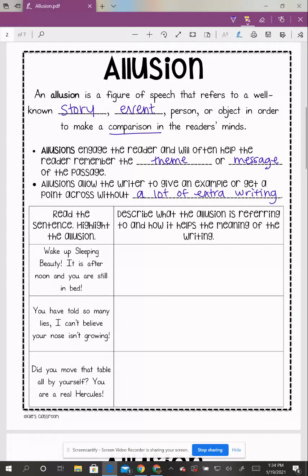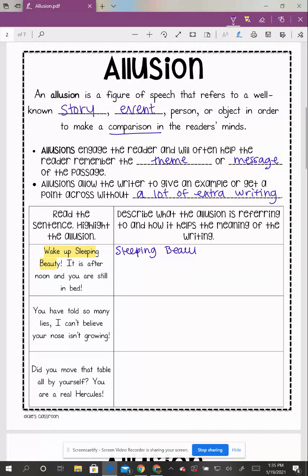Wake up, Sleeping Beauty. It's afternoon, and you are still in bed. Now we're trying to find and identify here the famous person, story, event, or object. And if we know anything, we know that the story of Sleeping Beauty is a good analogy, something that we can use to compare to this person who is in bed. So we need to describe the allusion and figure out how does it actually help the meaning of the writing. Well, we know that Sleeping Beauty,